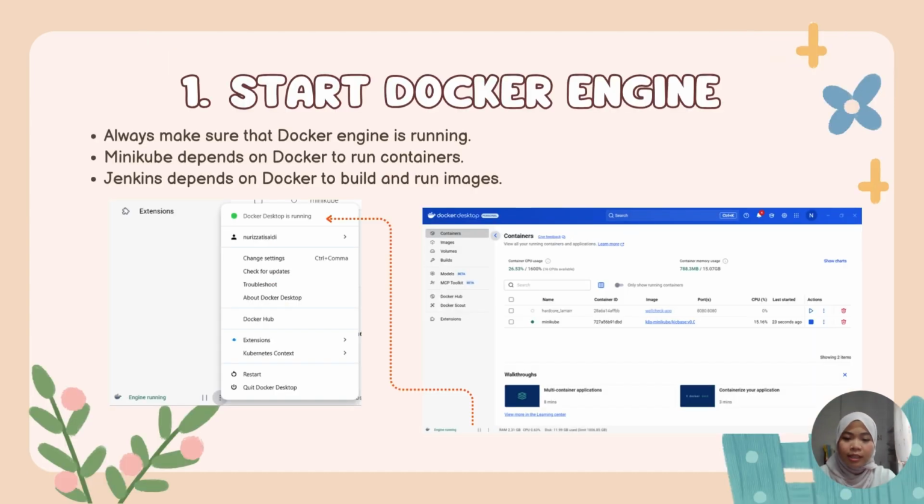So the first step in the CI/CD CT workflow is you will need to open Docker. Now make sure that the Docker engine is running. The reason is that both Minikube and Jenkins rely heavily on Docker. This is because Minikube needs to run the containers and Jenkins uses it to build and run the Docker images